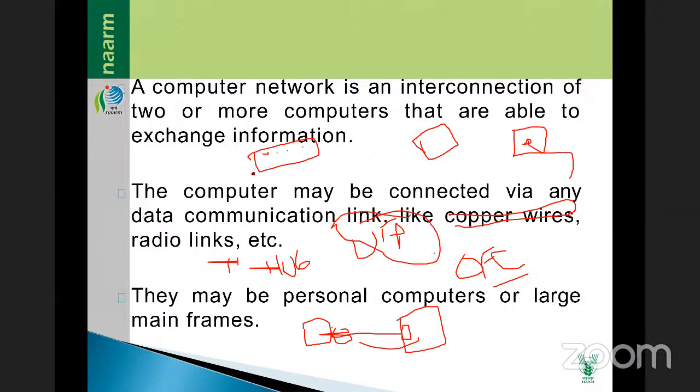Suppose from one building to the other building, this building has one switch and the other building has one switch. Through this switch to that switch, in between, one OFC cable is required. After that, it will be taken by UTP cables. Now we are using Wi-Fi, that is different. Whenever we are going for LAN connections, local network, it is required. Within the campus, if you want to give internet connection, then we have to go through cables.